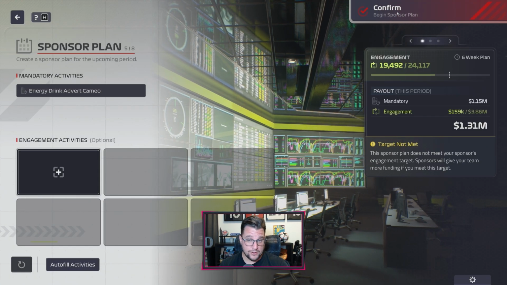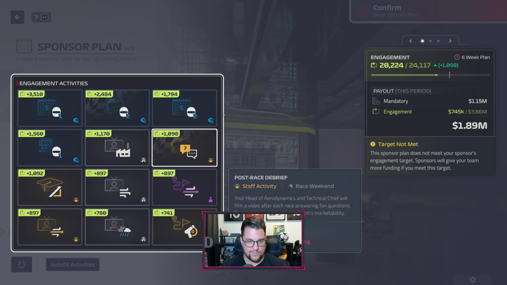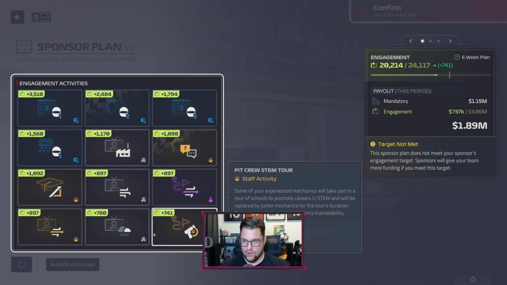Lovely stuff. We've got to do the sponsor plan, so maybe we'll actually sim Zandvoort in the next episode, because I think this is going to be quite a big episode with all of this stuff happening. We haven't got too much stuff that we've got to fill up. So,